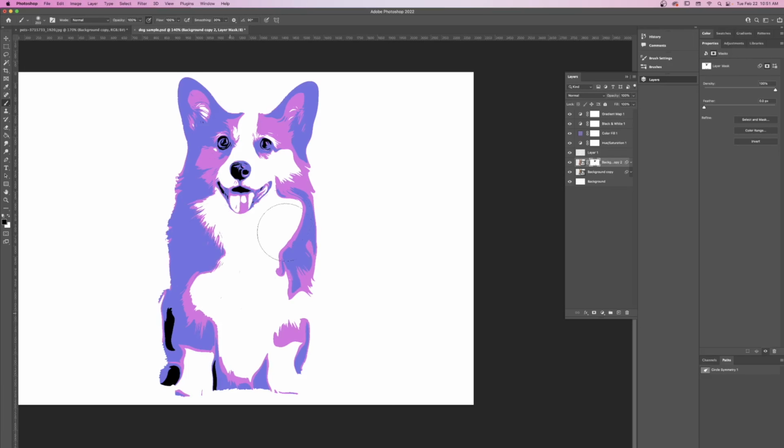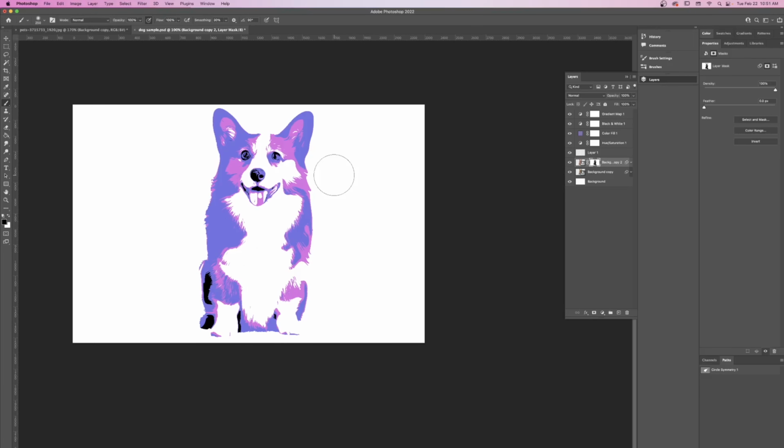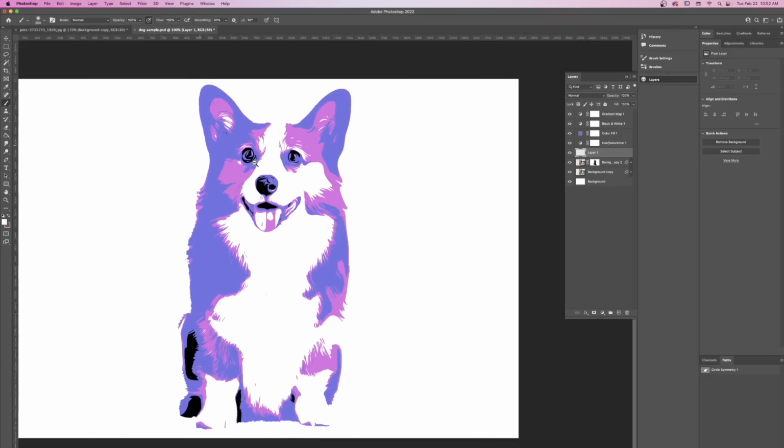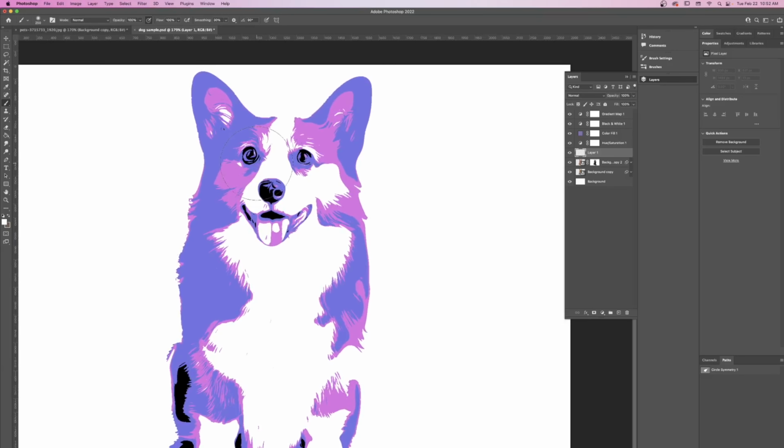Let's get some of that fur going in there. And you just want to experiment a bit. And you can keep messing around till you're happy. I created a new layer here, and that's just for a little highlight